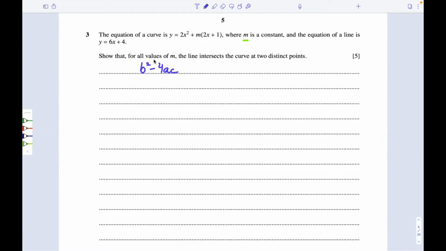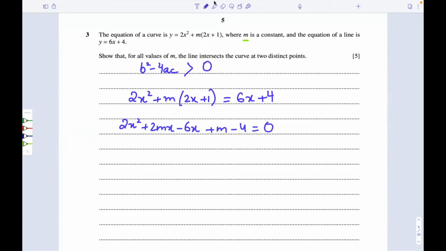However, in this case, we just have to show that for the values of m, the line is intersecting at two distinct points, which means that this discriminant must be greater than 0. So to form this equation, first we'll equate the equation of the curve and the equation of the line. So we get 2x squared plus m into 2x plus 1 is equal to the equation of the line, which is 6x plus 4. Now simplifying this, we get 2x squared plus 2mx minus 6x plus m minus 4 is